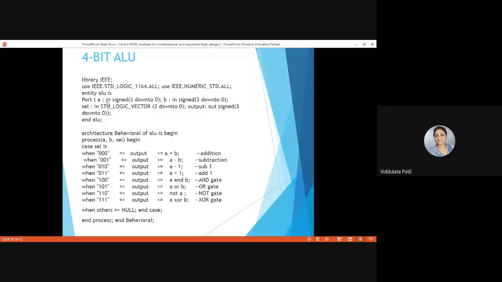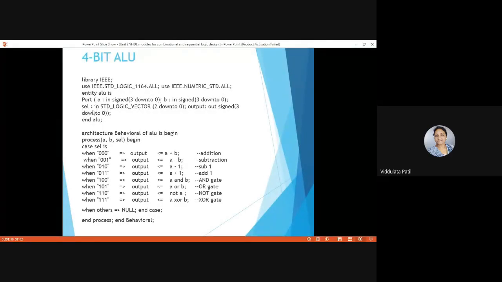So A colon in, as it is an input port, and then we are assigning this as a signed number, signed 3 down to 0. Then B is again an in port, and as we are doing arithmetic functions, we use the type signed 3 down to 0, semicolon.